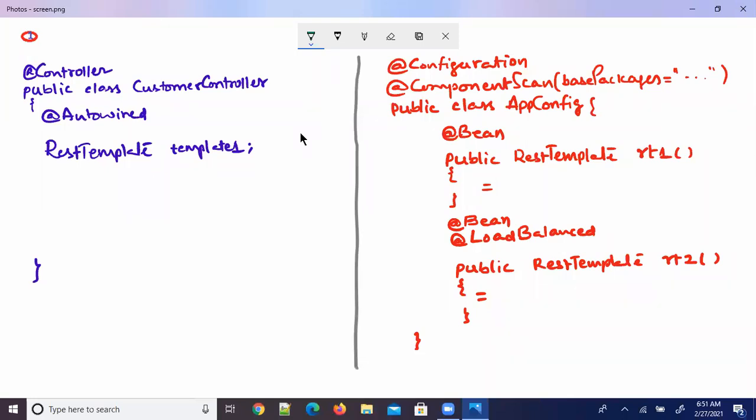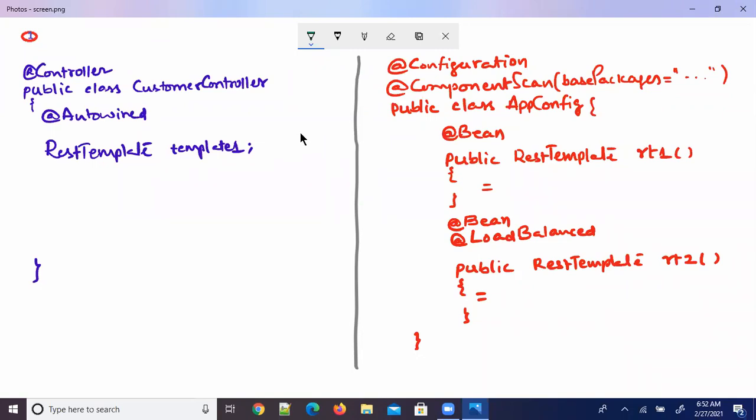So in the configuration, we are finding two RestTemplate objects are going to be registered in the container. When two objects of the same type are registered in the container, then definitely an ambiguity is going to occur in autowiring. Now, what I would like to register is, I want to specify that a RestTemplate object which is load balanced type should have more priority than an ordinary RestTemplate object in autowiring.